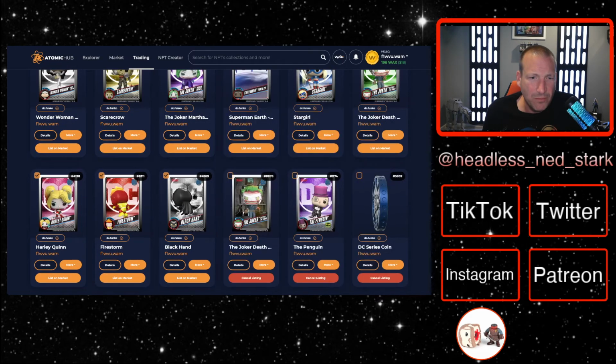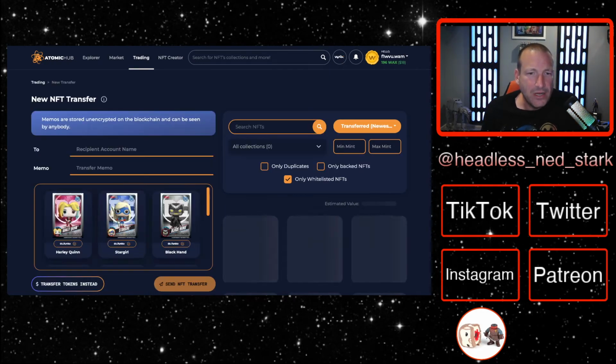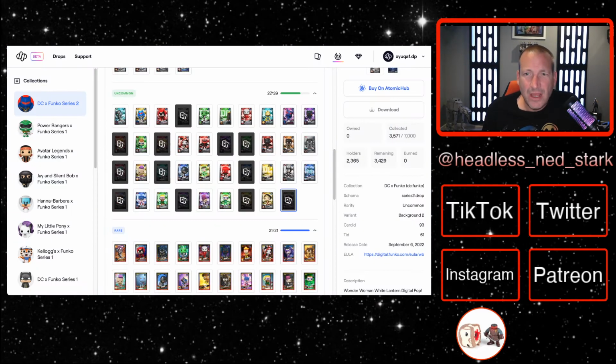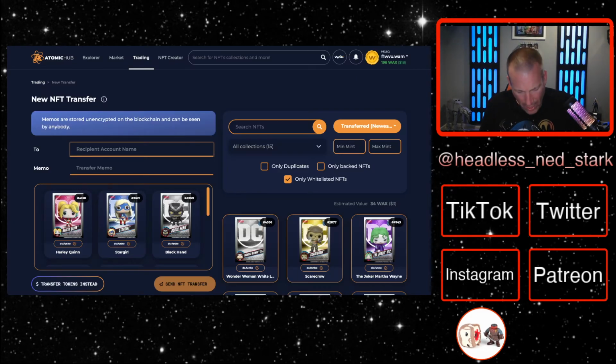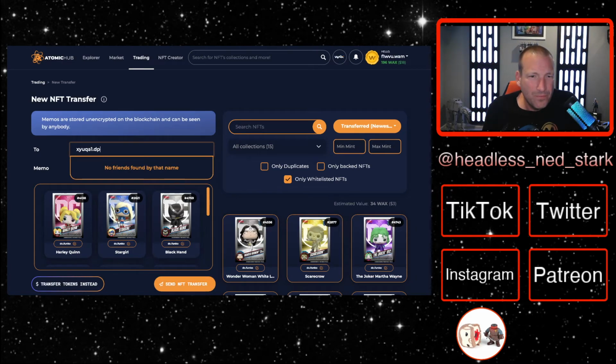Now, once you click all of them, go up here. You can also select all. Options, again, list. You can list them together as a big group. You could transfer them. You can burn them or create that gift link. I'm going to transfer. What I need to do is go back to my drop wallet because I want to bring them to drop. I want to highlight my drop wallet ID, and I'm going to go ahead and punch that in. So copy it in there,